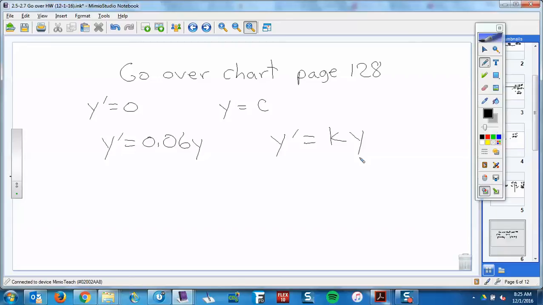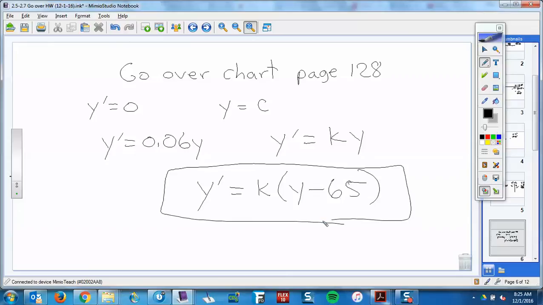And here's a good one. This is actually the other differential equation we're going to memorize. Now, we're not going to do it right now, but this has actually got a name. Newton's law of cooling is what this is. If you think about Y being the temperature of my coffee right here,